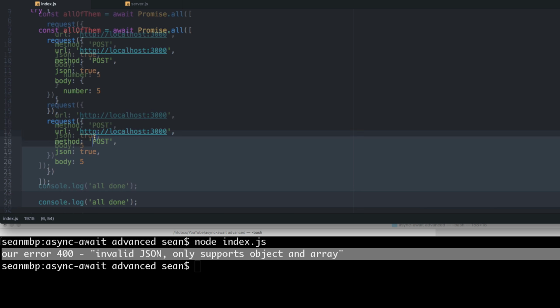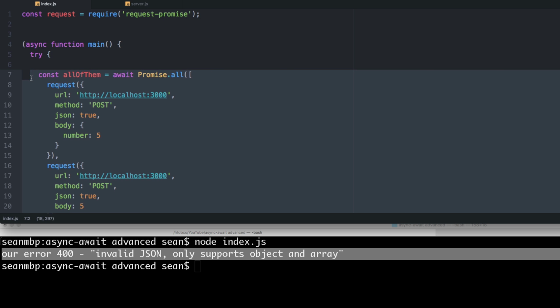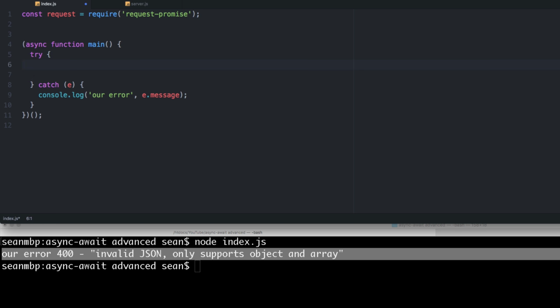So I'm going to get rid of this because this doesn't work. This is not a good way to handle this. This is a gotcha if you're trying to use promise.all and you have promises in here. You're going to have a bad time. Okay, so what we want to do now is